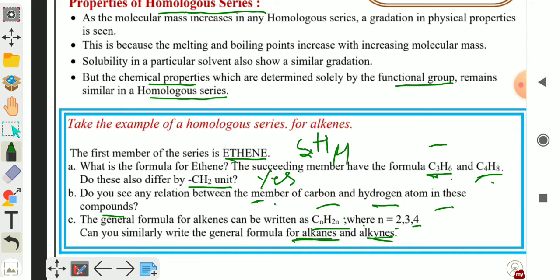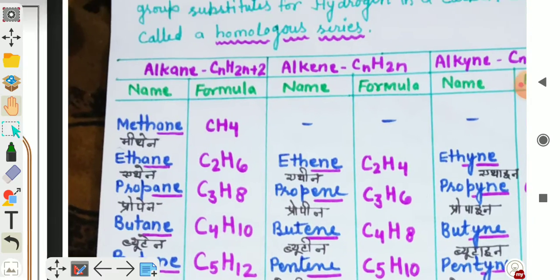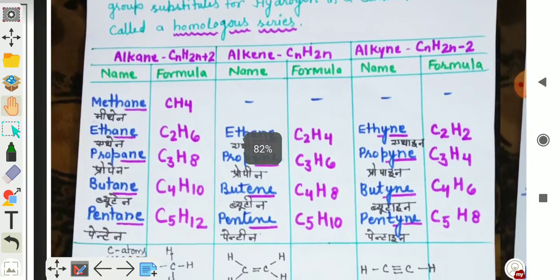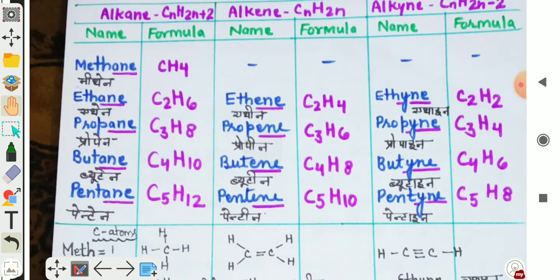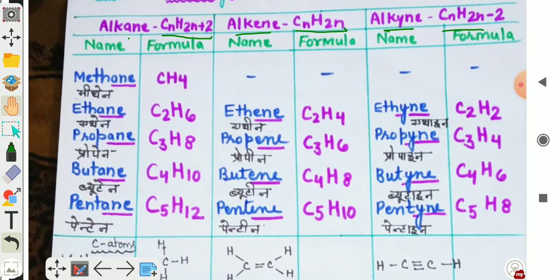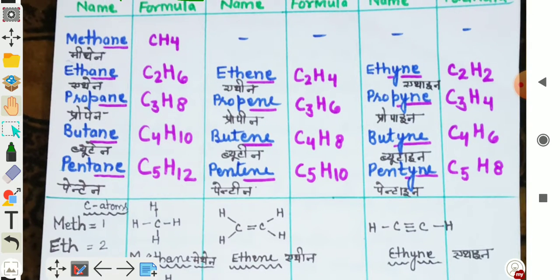Here all the formulas are given for you, of all three homologous series. First one is alkane. General formula is CnH2n+2. Alkene. General formula is CnH2n. Alkyne. General formula is CnH2n-2. Now the first 5 members of the series are written for you: methane, ethane, propane, butane and